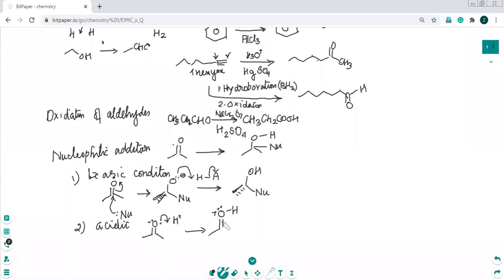Now, once this has happened, your nucleophile is attacking. The nucleophile, which will be containing a proton, is attacking this carbon. Right. Remember, nucleophile, why it is acidic condition. Remember that. And therefore the nucleophile will not be having a negative charge. Nucleophile